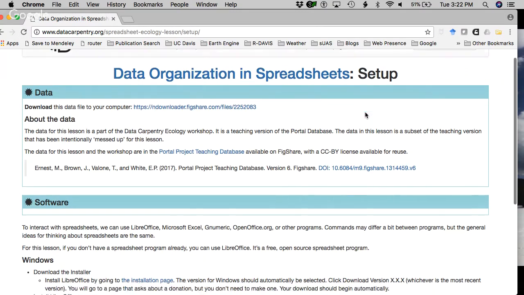And these are some data that we're going to work with. So the first data set is going to be found at this project portal teaching database right here. So the data for this lesson, the workshop right here. If you click that link,